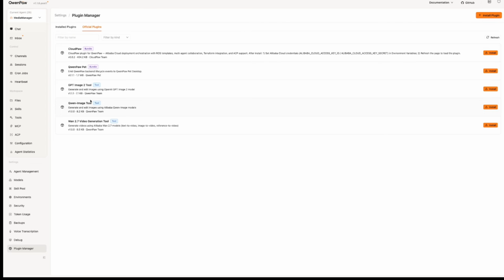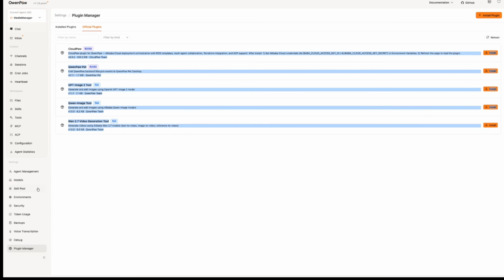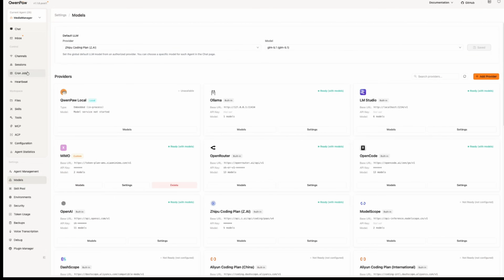plugins here. For example, there's the CloudPow plugin, Alibaba Cloud Orchestration, multi-agent. So I see this CloudPow here. There's also a video generation tool here that you could install, and a lot of other image tools to generate images. So GPT, I see all these things here, but what I want to do is, when I create an